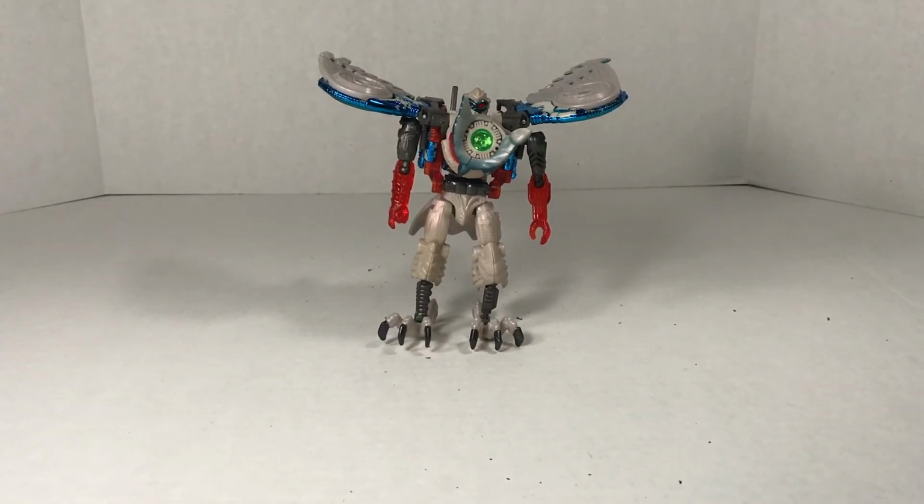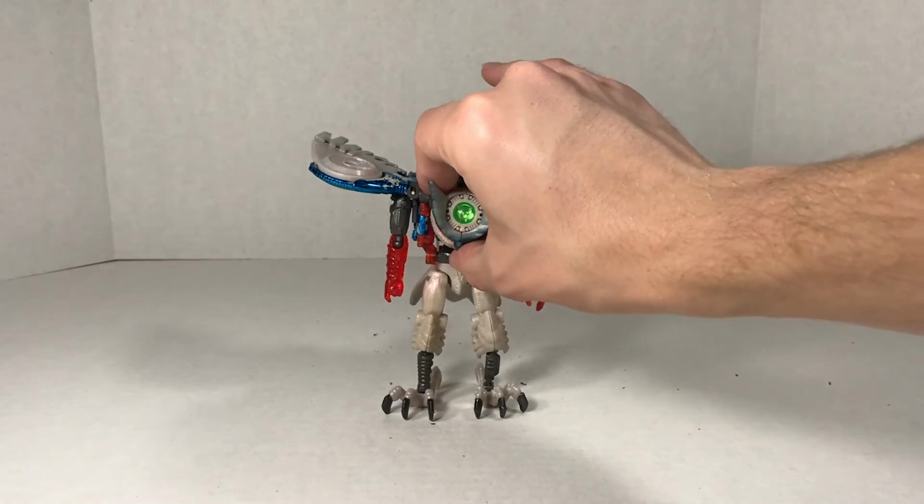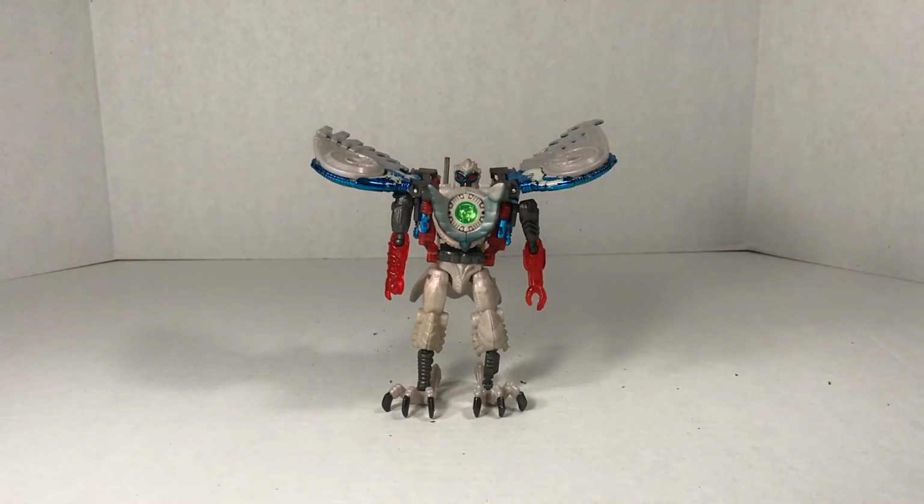is older because I did take photos of him in the owl mode already, because I do not want to transform this toy back and forth a whole lot. So I'm going to take the photos for him for the end of this video, and then I'm putting him in a corner and I'm not touching him frequently or at all. Unfortunately, like I said, I think I would like this toy a bit better if that chrome shedding problem wasn't a thing. Though I still do note the